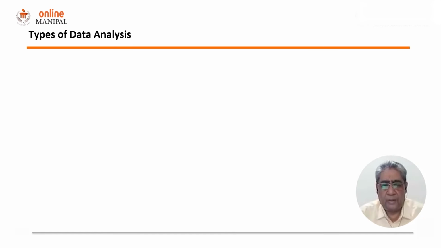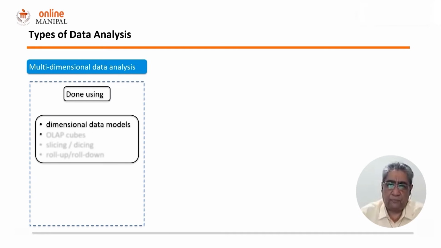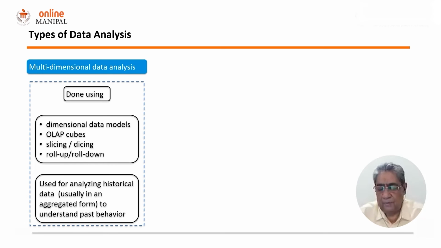Well, we have primarily three types of data analysis that happen. One is the multi-dimensional data analysis that we do on data warehouse applications, the data marts, using business intelligence tools. They are done on dimensional data models, creating OLAP cubes to do slicing, dicing, roll up, roll down, etc. And the purpose is for analyzing historical data to understand the past behavior. We've seen that in the